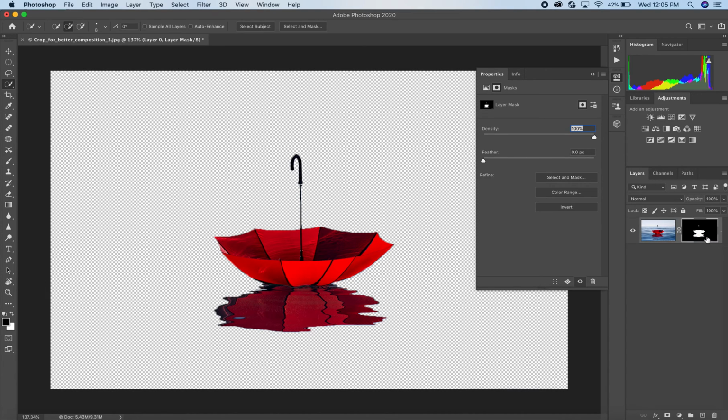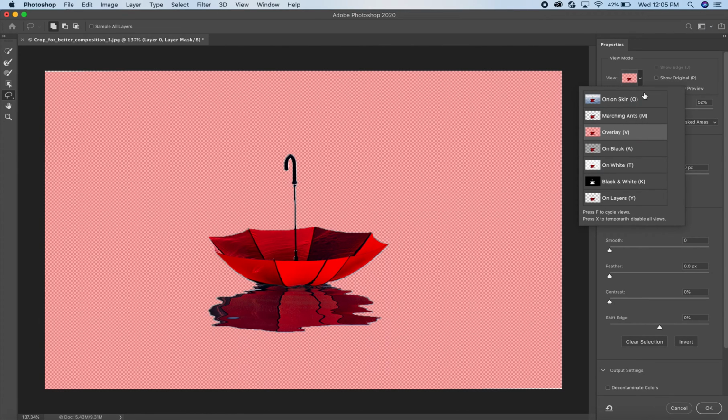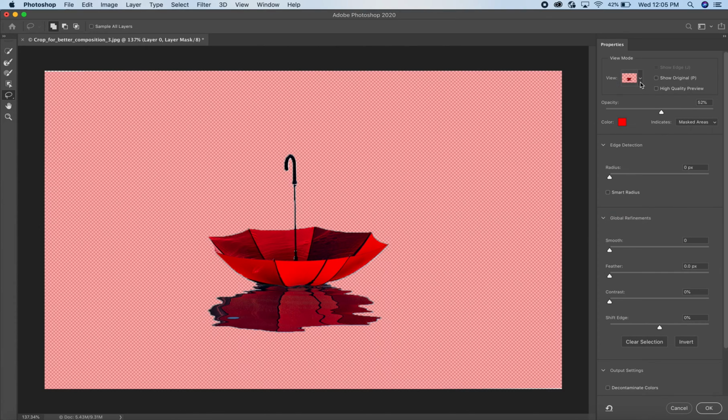Well, I could always come back to this layer mask and select and mask here, and then I could pick a good view mode that I could see the edge here, and for me this overlay is working pretty well. I'll turn on Smart Radius, and then I'll smooth just like we were doing before. I'll feather that edge slightly, and then I think what this really needs is some contrast to bring it into the object itself, and then maybe shifting